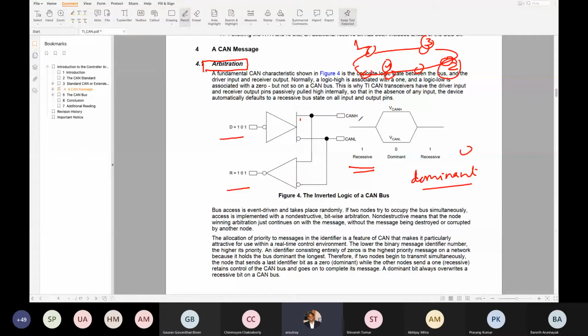So everything becomes 0. So 0 turns out to be a dominant bit. Okay. So how to decide this? So this is how CAN bus is connected. So this is how you send the data, and this is how you receive the data. Okay. So let's see. So 0 is always known as dominant. Remember this. 1 is recessive. So 1 is recessive, 0 is dominant if you are sending.